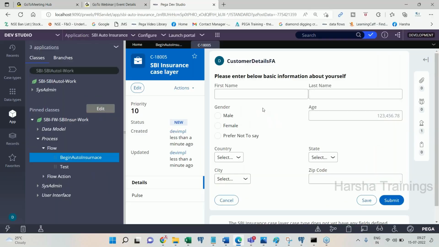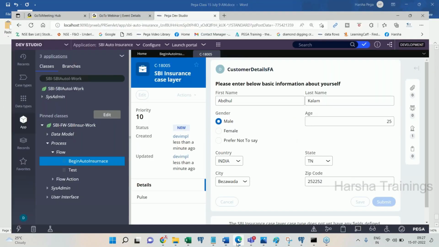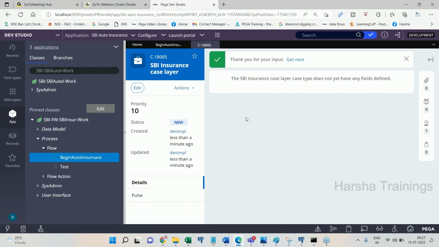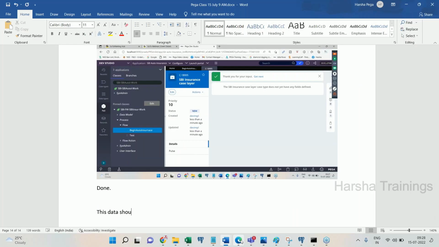Now you can enter some information here, and then submit. What happens after you submit this data? That and all later, not now. We will discuss going forward. This is what you created: a transaction, and you designed a transaction model. You have seen it, executed it, and tested it, everything looks good, and this data should have got